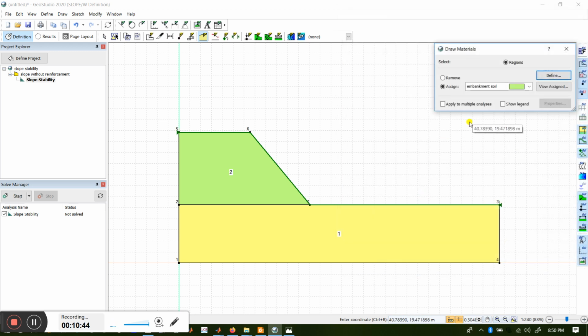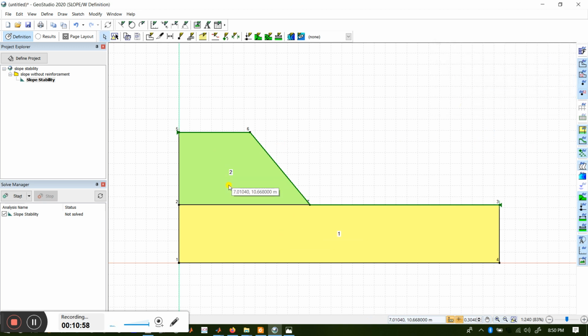So you close it. Now you can see the materials are defined. Still, if you want to define it again, you go embankment and add in embankment, you go into the foundation, you add in foundation, and you close it. So here we have defined our materials.